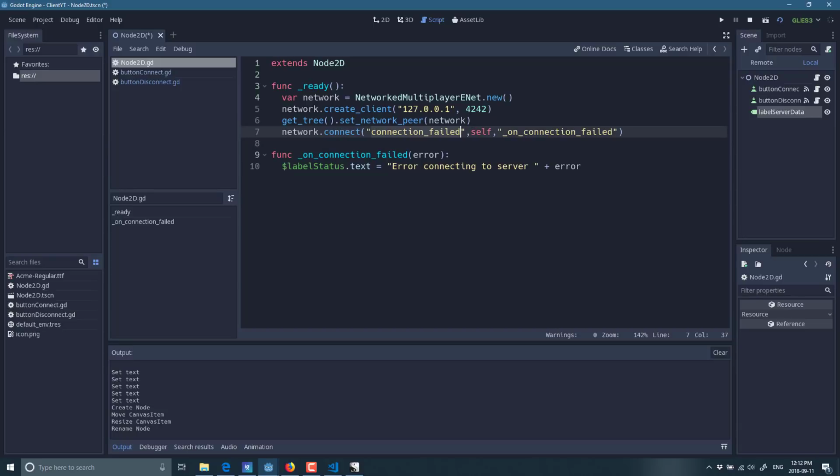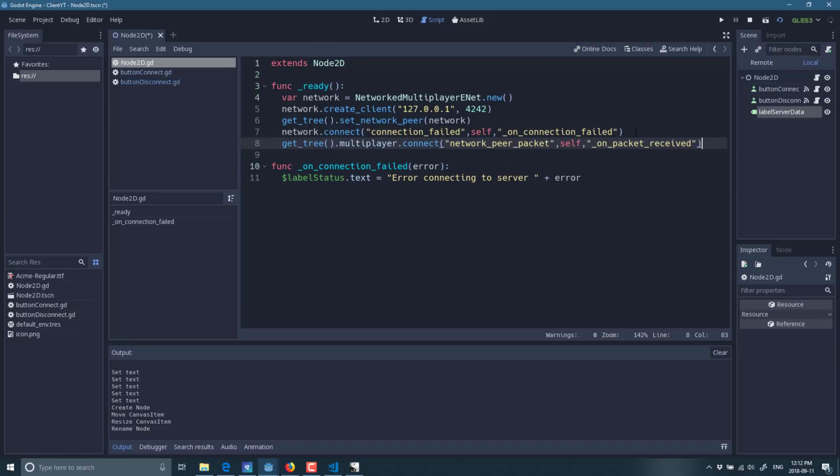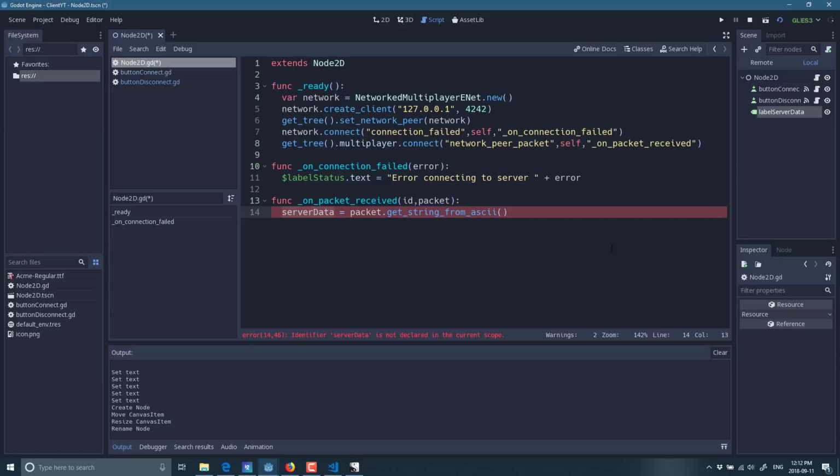And that is actually on multiplayer. So we want to wire up to handle this guy. So basically, when network peer packets arrive, we're going to call this function. And in that function, all we are going to do is call this. So when that packet comes in, we get the ID of the server that sent us the packet and the packet data itself. What I'm going to do here is switch this out, and instead this will be